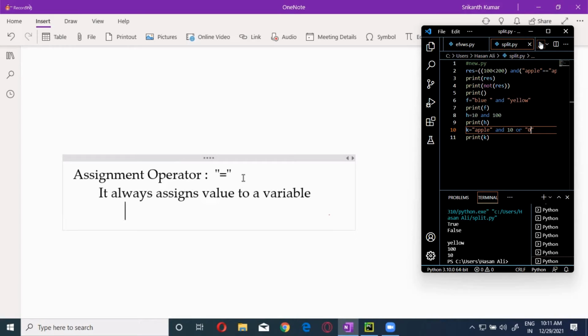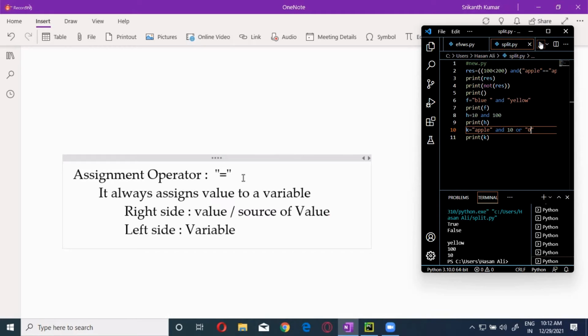On the right side, there will always be a value or the source of the value. And the left side should be a variable. Remember this: the left side of the assignment operator should always be a variable.